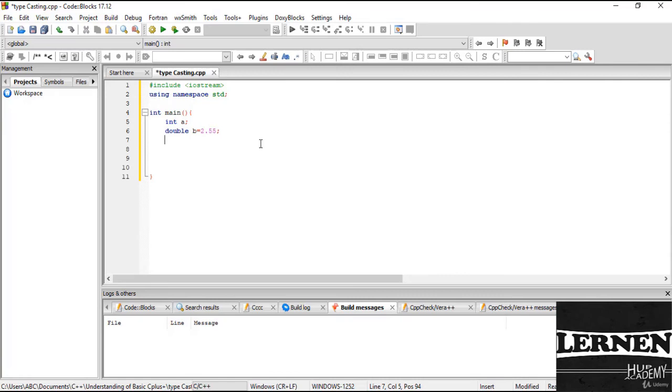So this is the double, which means you just take a float value. So I just take this float value into the double because it is 2.55 here. Now a is equal to b, and then I write cout, and the cout here is a. So I just print the value of a first, and then I write a is equal to